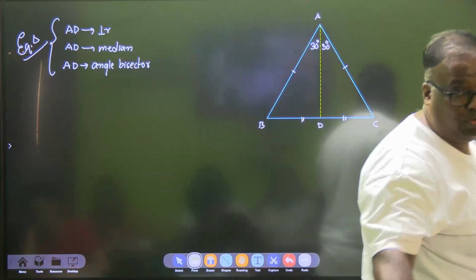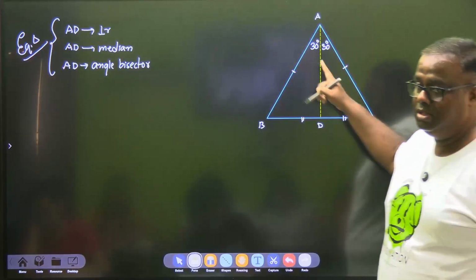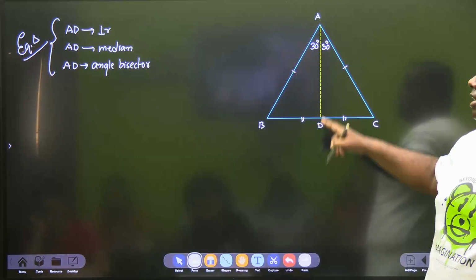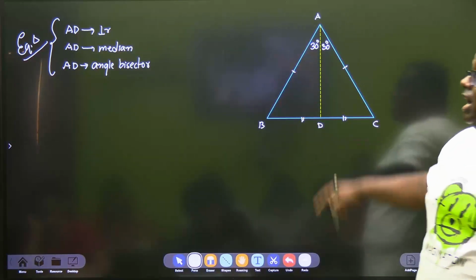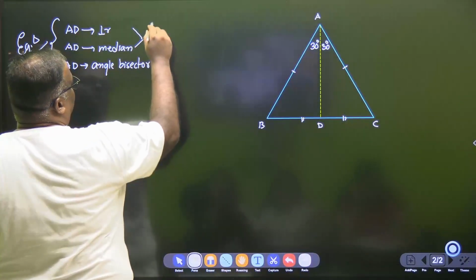If you have an equilateral triangle, then the perpendicular of the equilateral triangle is also the perpendicular bisector. अच्छा, ये दोनों को अगर हम combine करें, we can use another word, and that word would be